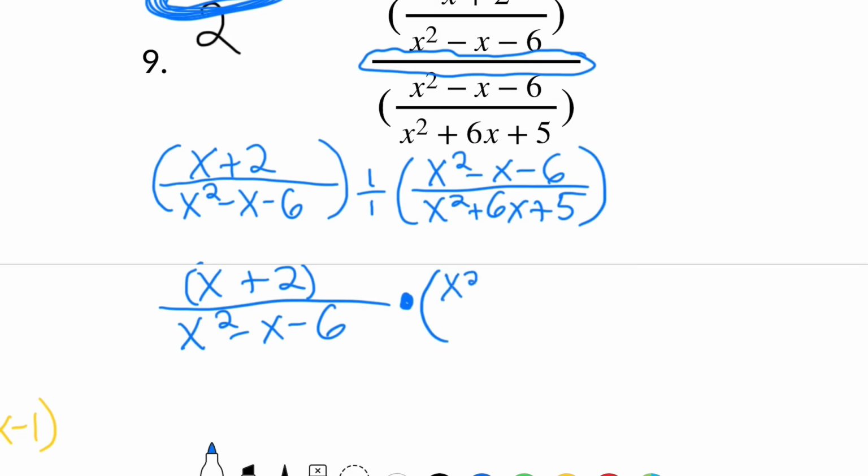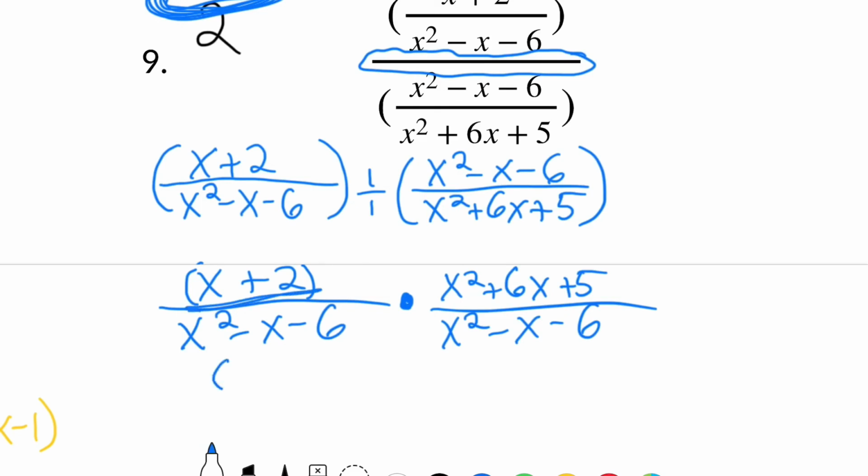So now the x squared plus 6x plus 5 is in the numerator, and the numerator is now the denominator, the x squared minus x minus 6. And then you are factoring these just like we did with the last few. So for the x plus 2, you cannot factor it anymore, so that is how it stays. For the x squared minus